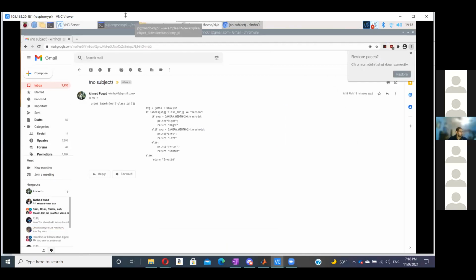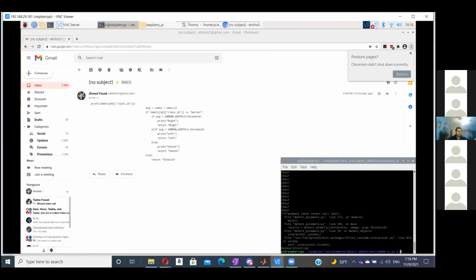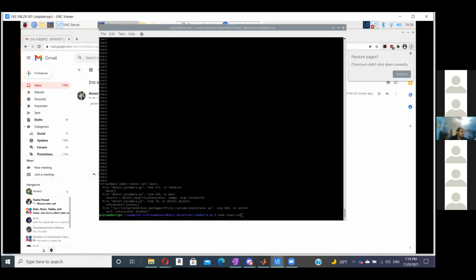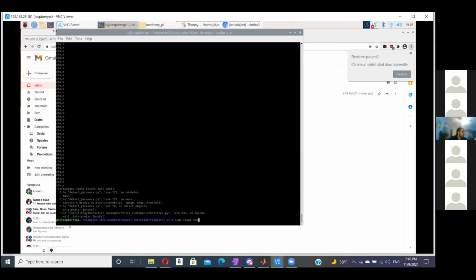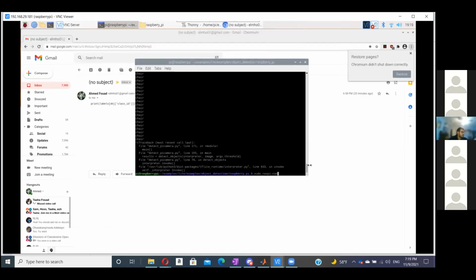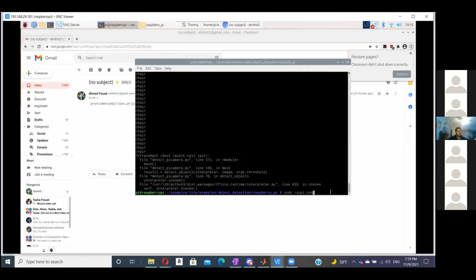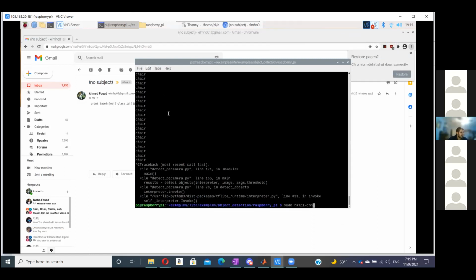So the first step, right, is you're gonna want to turn on your camera, right? So you're just gonna do sudo raspi-config basically. Can we make that bigger? I think I can. Can you see that? I can make the window bigger, but I don't know if I can necessarily zoom in. Like Command plus, does that make the text bigger? Oh, Edit. I didn't think about that. Oh, here it is. Zoom in. Okay, again, is that better? Thanks. I can make it bigger if you need to. Maybe just a little bit bigger.